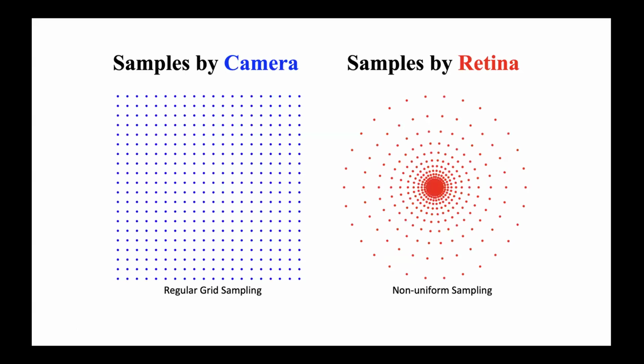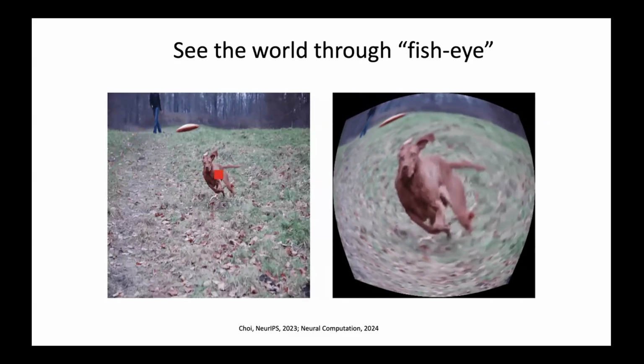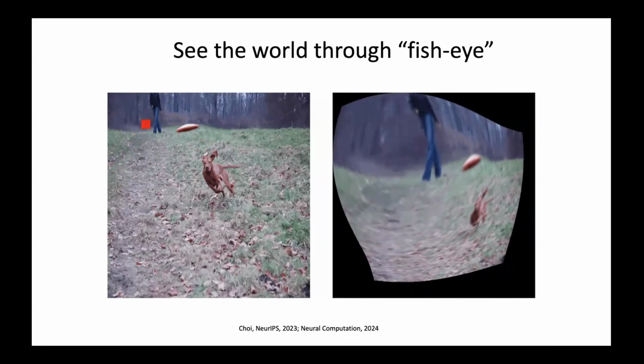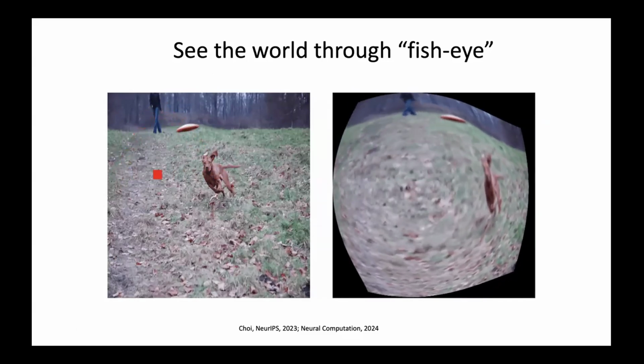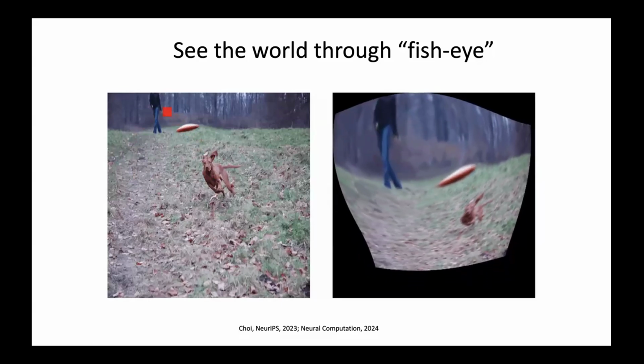This is a log polar sampling and transformation. The retina definitely has a lot of dense sampling around the fovea, at least for the parvocellular pathways. The magnocellular pathways have a broader and wider view. If you take those log polar samples and transform them back to the original input space, you see that our brain actually sees the whole world through a fish eye.